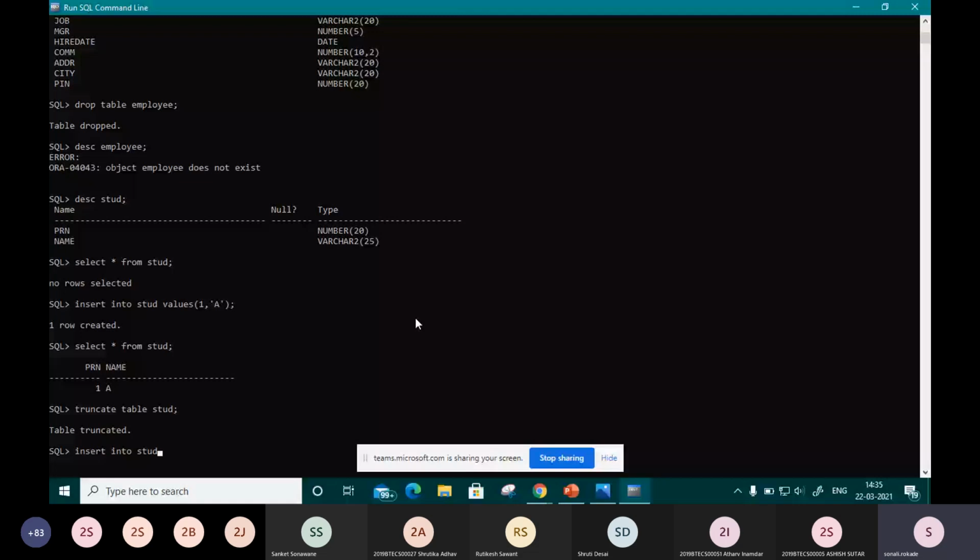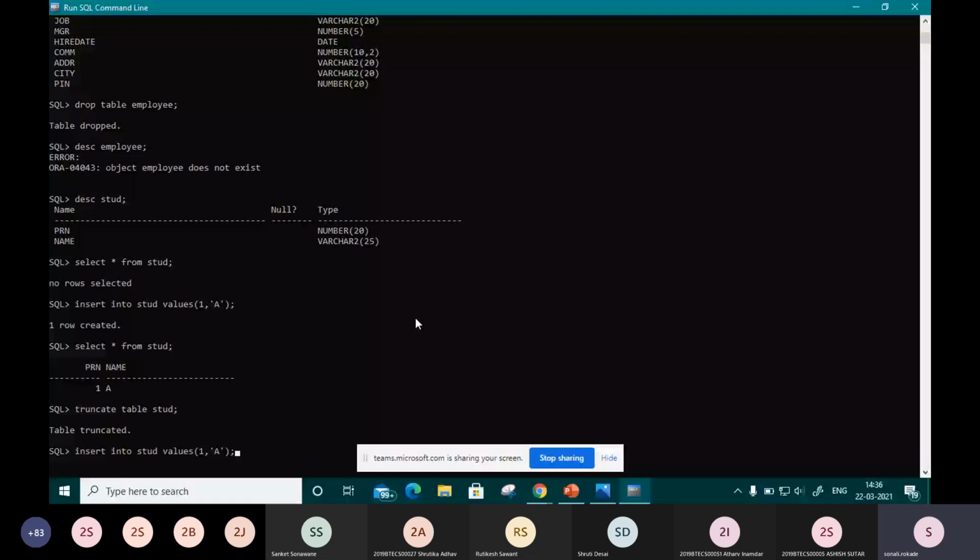So it is easy to understand how to add values. After that, you have to write down the values keyword. Then you have to pass values. The first value of our truth table is numerical, so I will pass a number. It is the PRN number, and the second one is character data, so I will write it in single quotes. In this way, one row will get created.